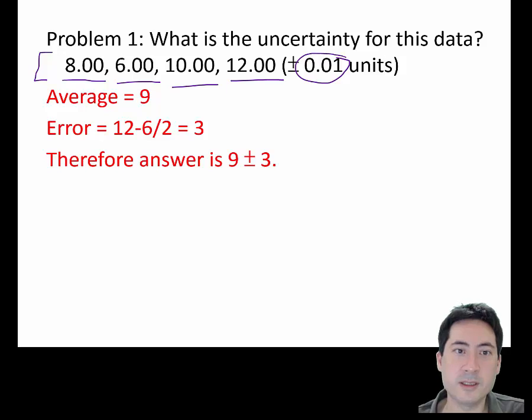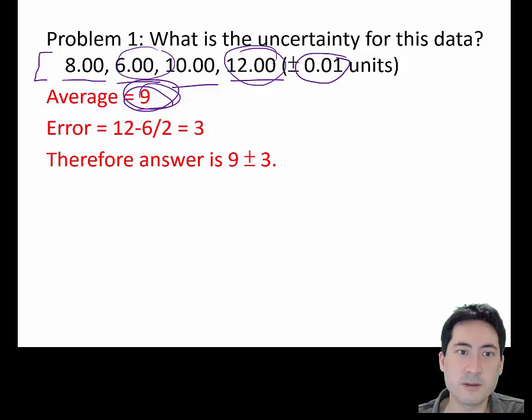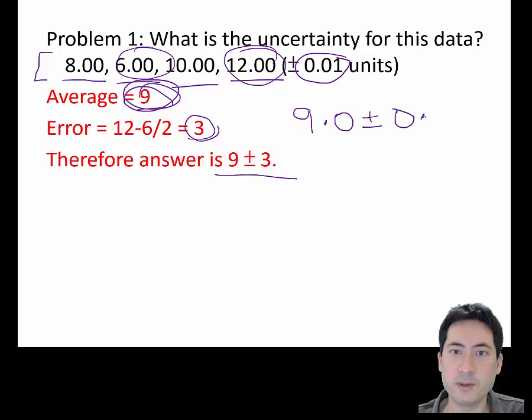So what we do here is, first of all, we get an average. This average is 9. You'll have to trust me on that, or add it yourself. Then you find which one's the highest value and which one's the lowest value, and then you halve that, and that will be your uncertainty. So here you have 9 plus or minus 0.3, very different to what you would have got otherwise. You would have got 9 plus or minus 0.01 and reported that,